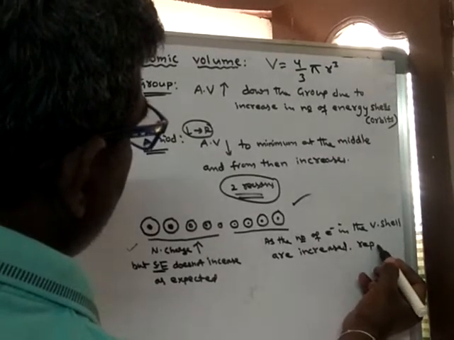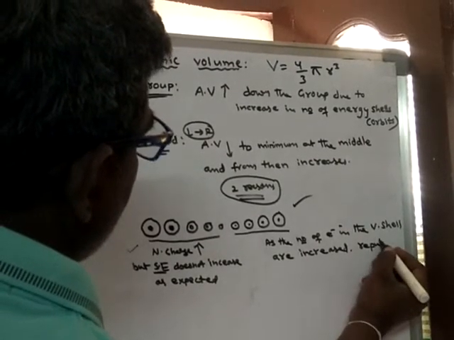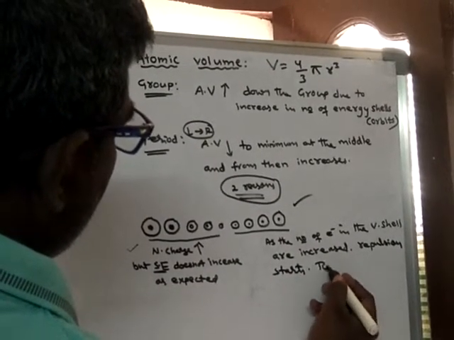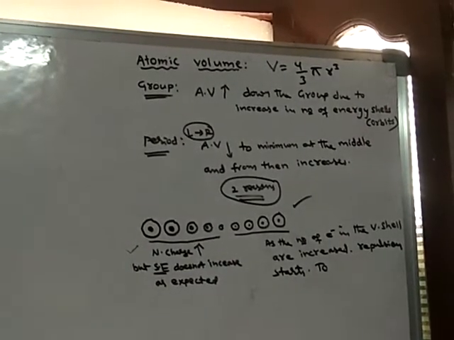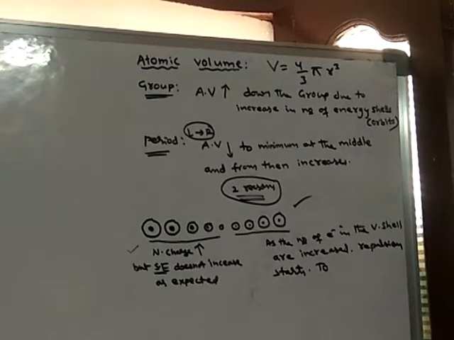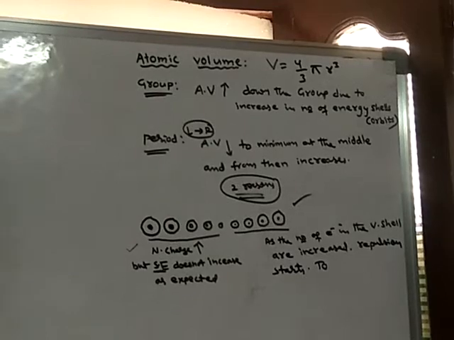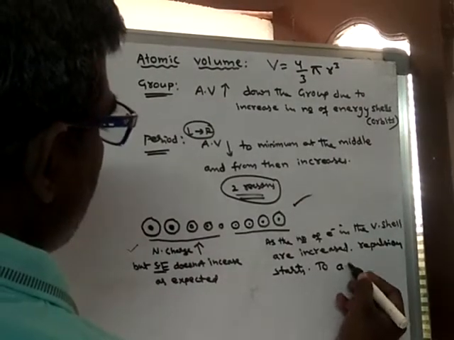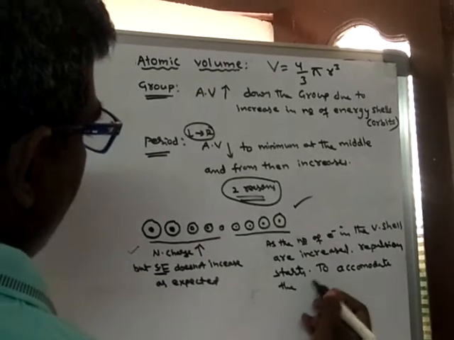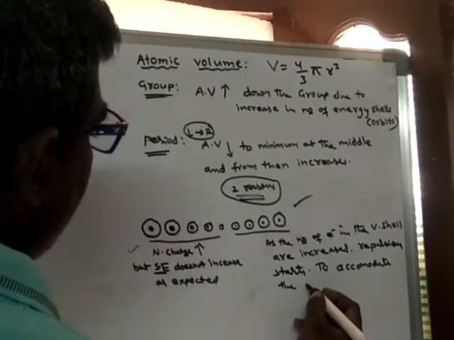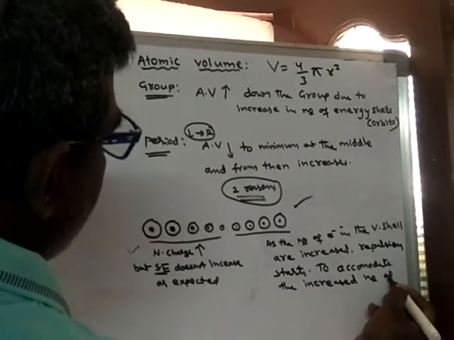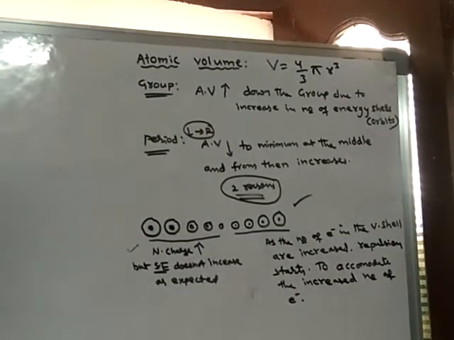Repulsion starts. As the number of electrons increases in the valence shell, repulsion starts. So to accommodate the increased number of electrons,